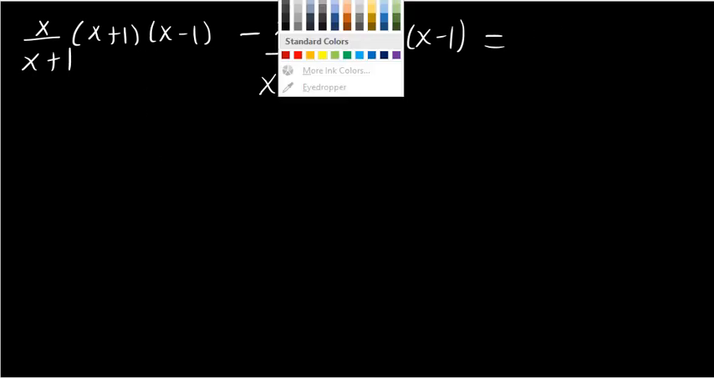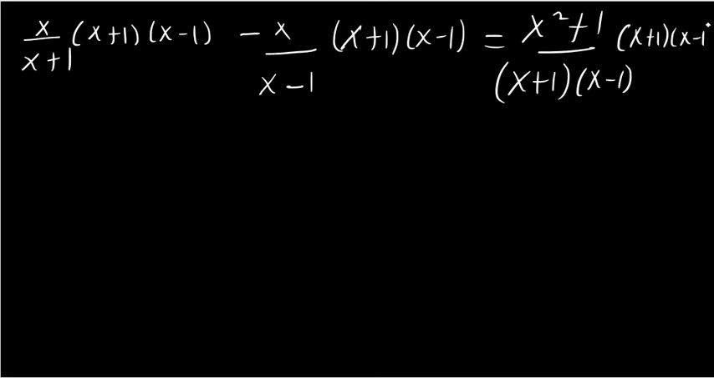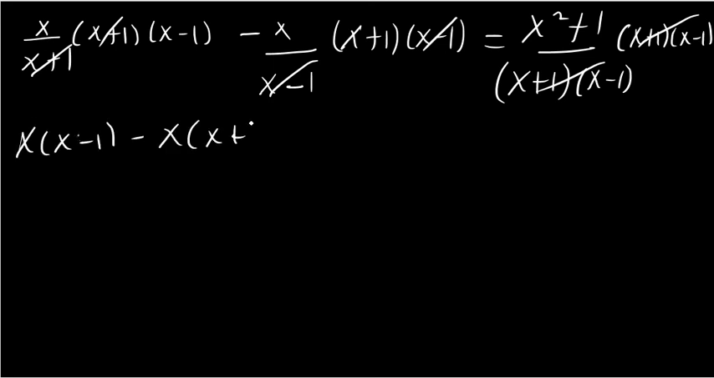x square plus 1 over x plus 1 and x minus 1 will be multiplied with x plus 1 and x minus 1. Therefore you can cancel everything here. Here x minus 1 cancels, here x plus 1 cancels. Then what is left? x in bracket x minus 1 minus x in bracket x plus 1 is equal to x